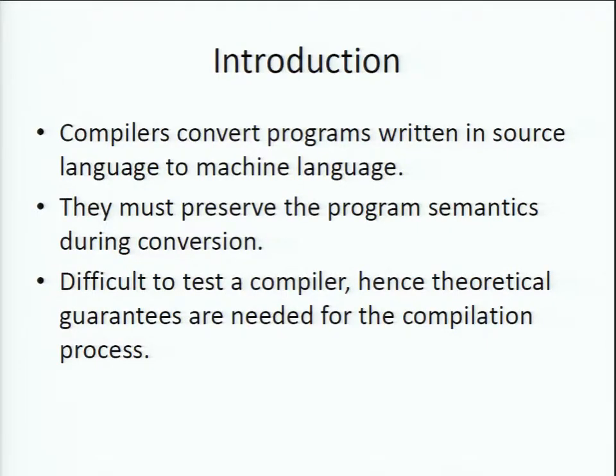Okay. Now it's almost impossible to test a compiler because in general there are infinite programs, and if you really want to test it, then how can you be sure that the compiler is going to perform correctly for any program that it has not seen so far. Okay. So it's impossible to test a compiler, and therefore a theoretical proof is needed that the compilation process is being performed correctly, right? Which means that the program is actually doing what the programmer wants it to do.